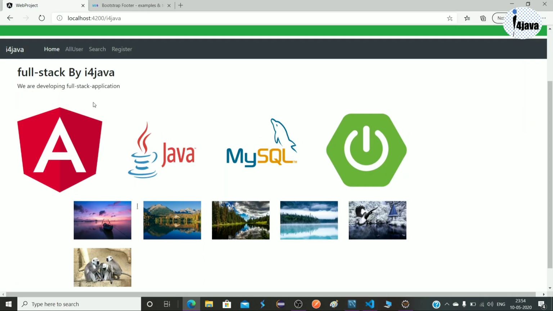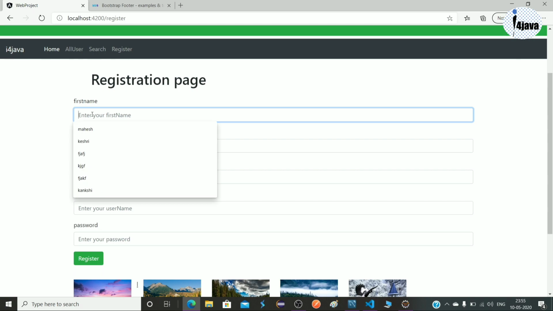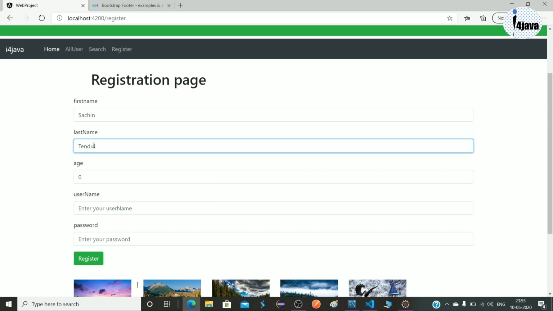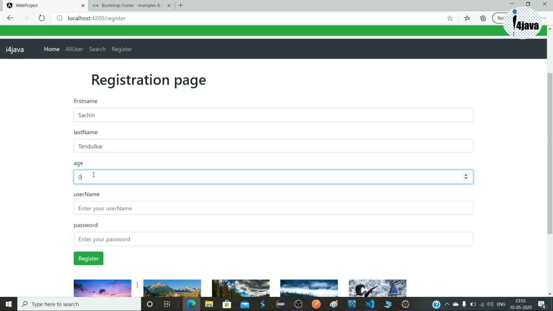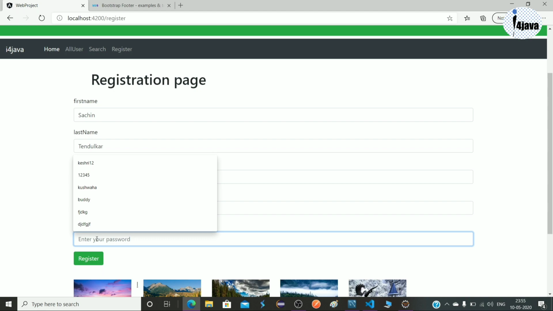So now let's try to save one record. For that I am going to click on the register page. Here I am going to add Sachin, last name Ajay Tendulkar, age 54, username Sachin21, and password 3693.